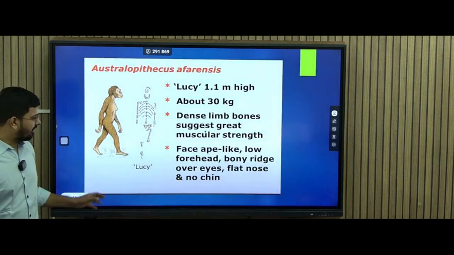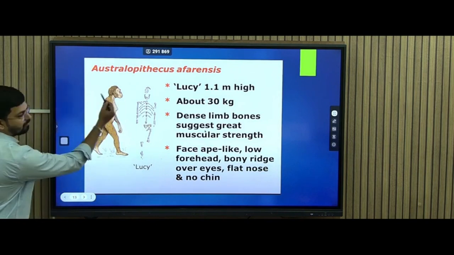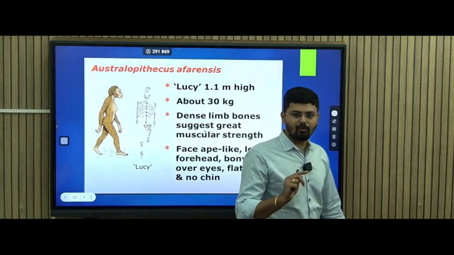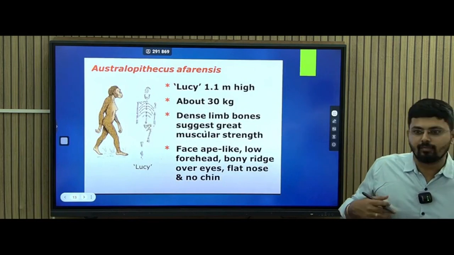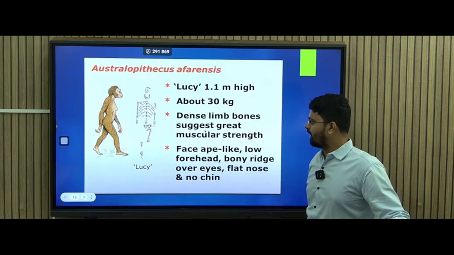So Australopithecus afarensis, I've already told you. So you can see this face, prognathous. I told you, right? One good feature of afarensis is that there is no sagittal crest, like us, but the face, if you look at it, is like apes, right? So these are the